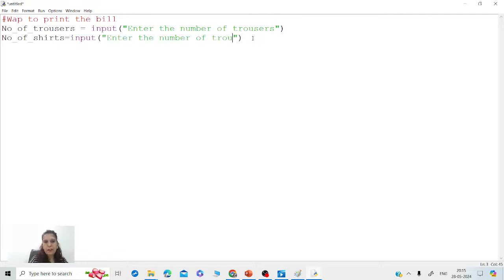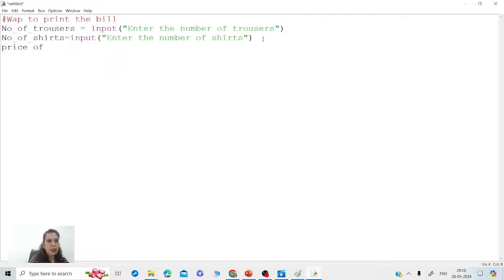Number of shirts. Now you know how many shirts and trousers you have. Now we will write the price of each shirt equal to,